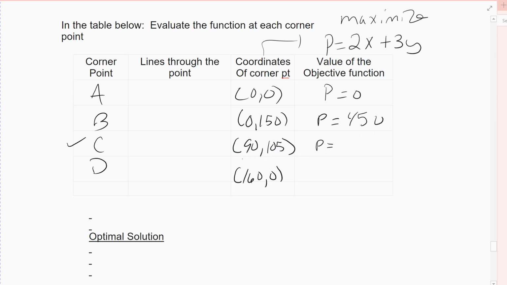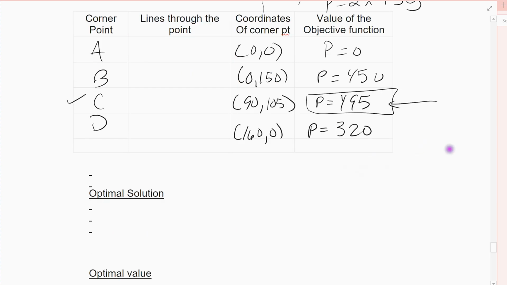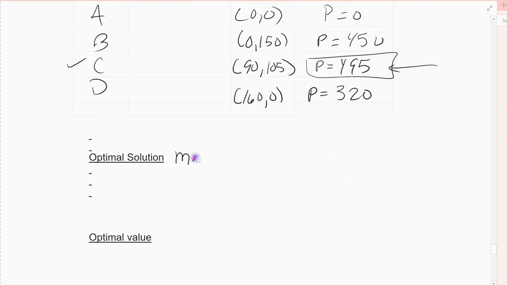So 90 for x, 105 for y, that comes out 495, and then the last one, 160 for x, comes out 320 because it's 0 for y, and that is my maximum. Alright, so my optimum solution is they get a maximum profit of 495